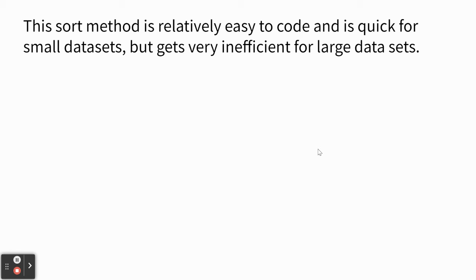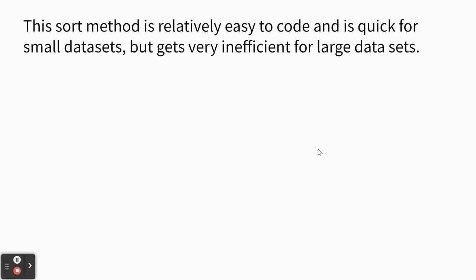Listen, this sort method is relatively easy to code. I mean, it literally was those 10 lines of code or 12 lines of code. That's not too hard. And it's quick for small data sets. It gets very inefficient for large data sets. Imagine, so you got 1,000 things. Boom, it does it in a second. But if you had 1 million,